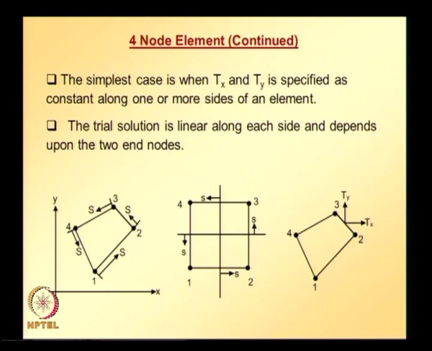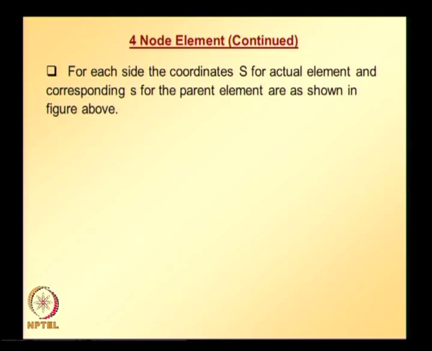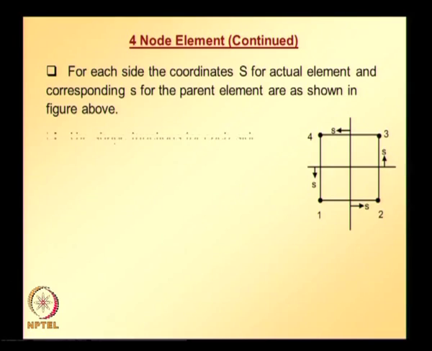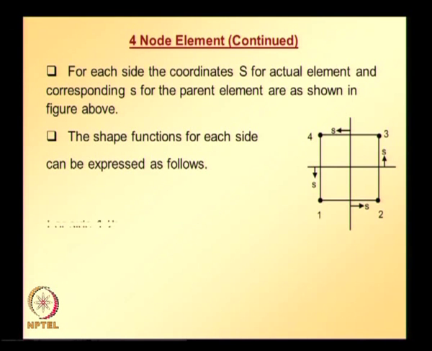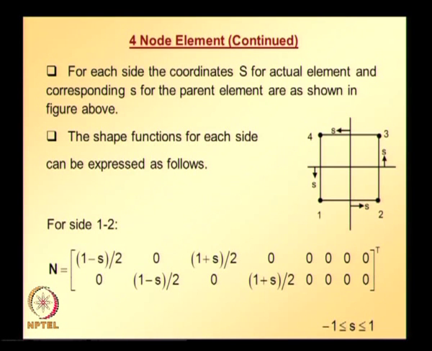So, the shape function matrix is going to be like this, because the shape functions of nodes 3 and 4 along side 1, 2 are going to be 0,